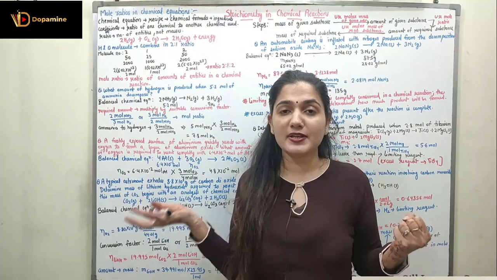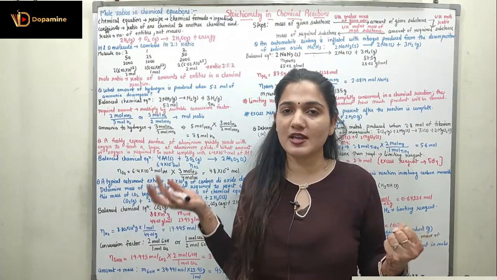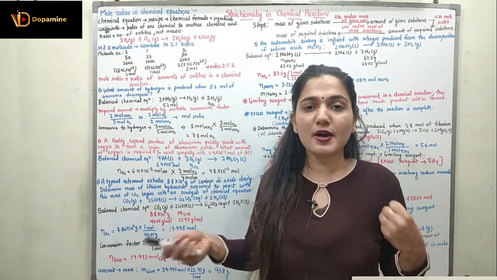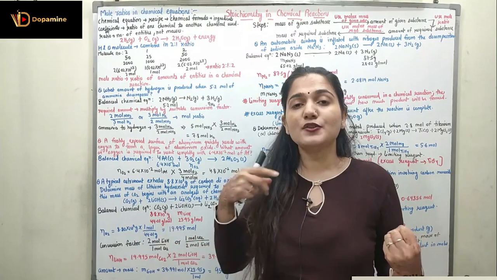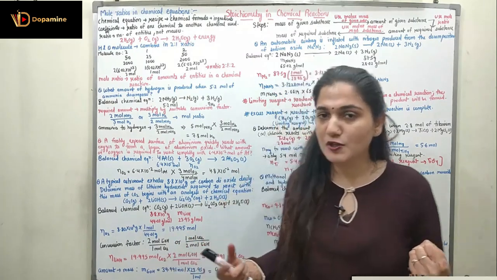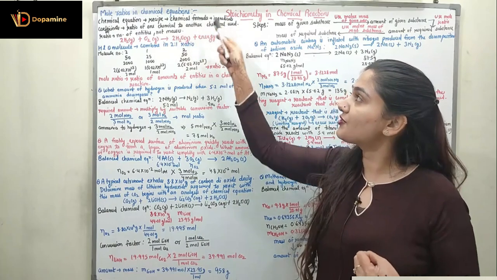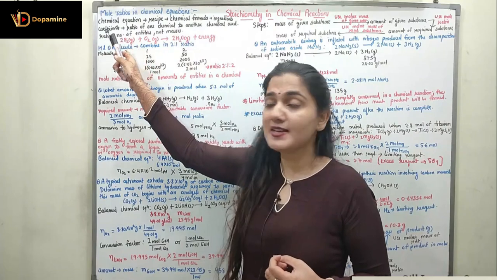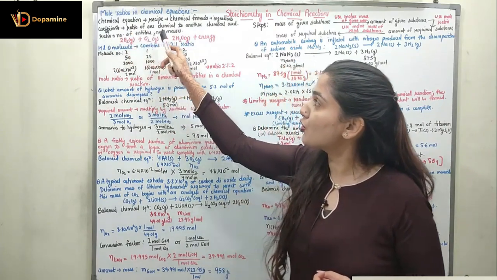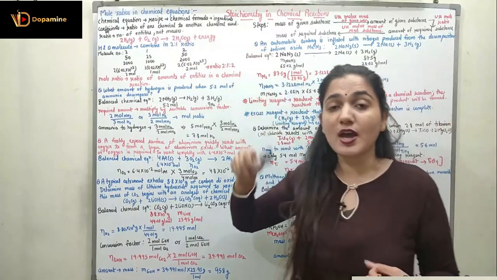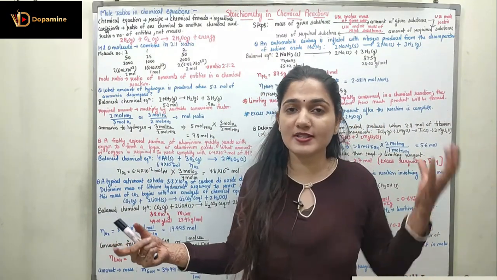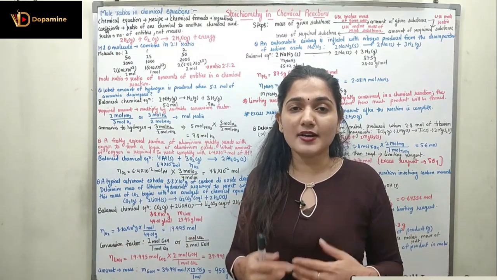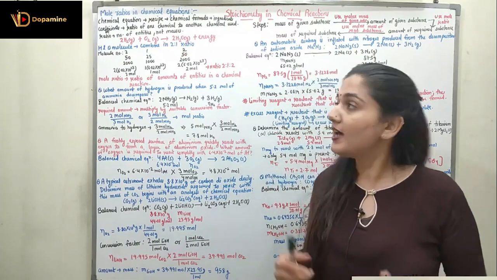Now we all know what a chemical equation is and how it looks. Now we are treating the chemical equation like a recipe. When you are making food, you have some recipe, right? So when you have a recipe, you have some ingredients also. So now the chemical formulas are treated as the ingredients. And we have the coefficients in the chemical equations as well. The coefficients give me the ratio of one chemical to another chemical used. How much one chemical is used, how much the second chemical will be used compared to the first chemical. That is understood with the help of the coefficients, right?